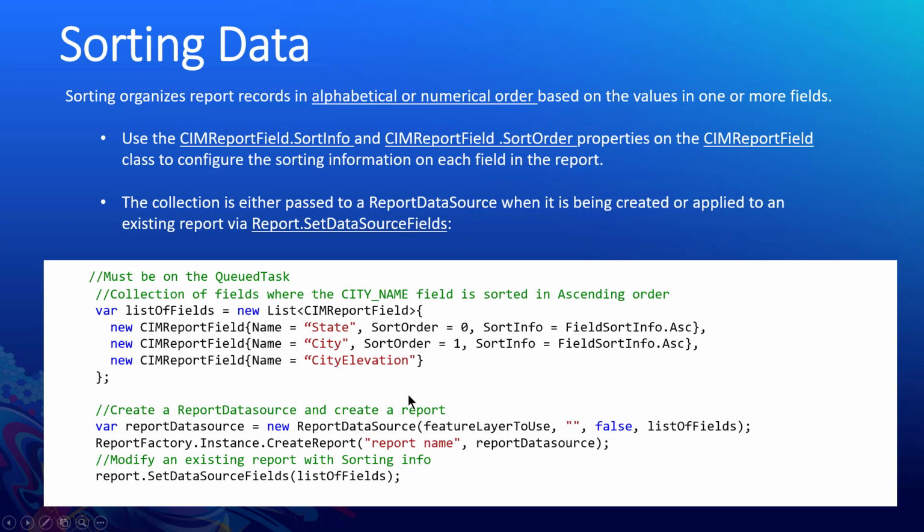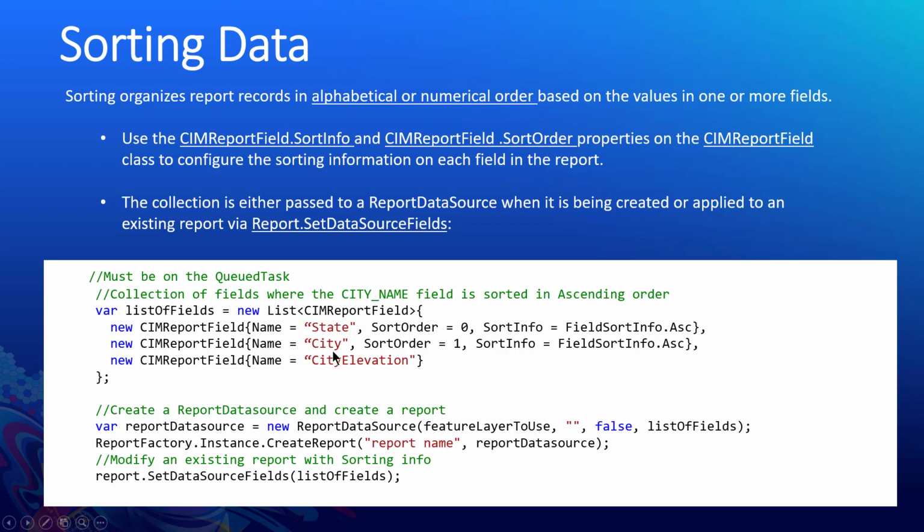So here's the code snippet. Here's a list of fields that I want to include in the report. Notice that I first want to sort my state name field, so I specify the sort order to be 0. I want to sort the state names alphabetically, so I'm specifying the SortInfo property to have an ascending